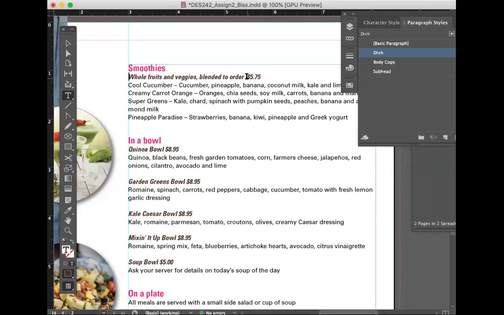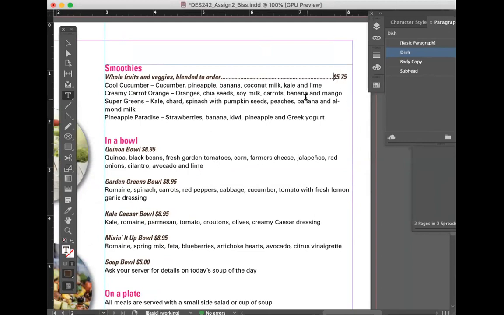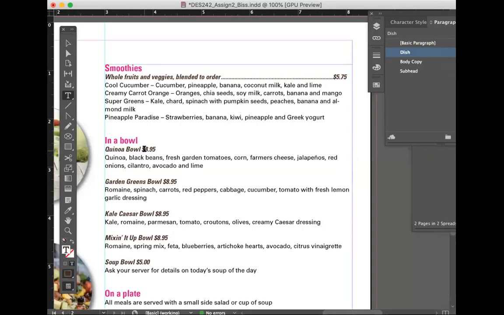Now, see that space in between the word order and 5? I'm going to go ahead and delete that space. And I'm going to hit tab on my keyboard. And as soon as I hit tab, it sets my leaders, and it also aligns my price point to where I want it to be. So I can do the same thing here. Oops. Pretty cool.